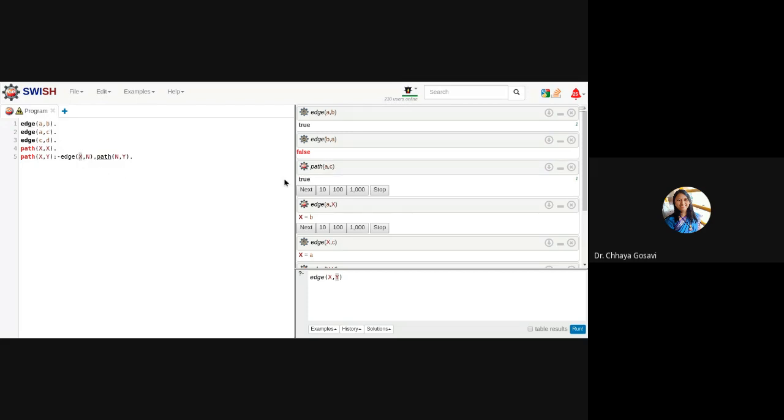So it will solve this as we have seen yesterday. It will take the value of X as whatever we have given, A. So the value of X is A. And for X, it will first check whether there is an edge A comma B and is there a path from B to Y. What is Y? We want to check path A comma C. So the value of X is A, the value of Y is B. Sorry, C. So there is no path between B to C. So it will backtrack again and try to find another fact which is matching with A comma X. So another value for X is C, and we have a path from C to C. It will match with this fact, the fourth rule, and it will return true.